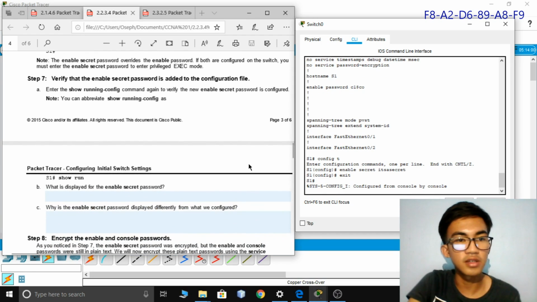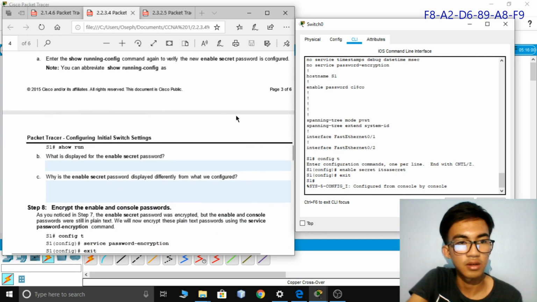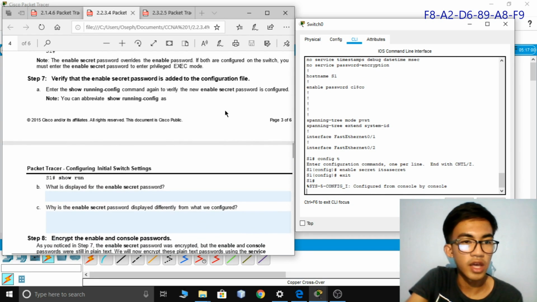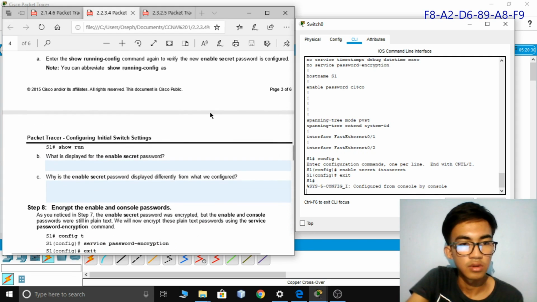Step 7. Verify that the enable secret password is added to the configuration file. Enter the show running-config command again to verify the new enable secret password is configured. You can abbreviate show running-config as